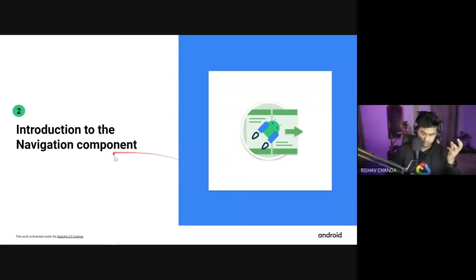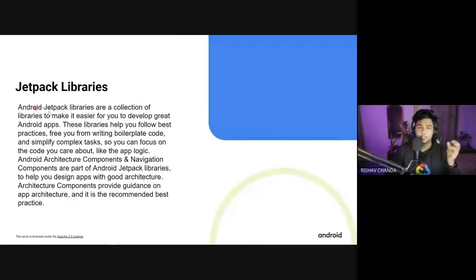So let us try to understand what the Jetpack libraries are. Jetpack is a collection of Android libraries in which there are different classes and architectural components, like navigation. These things are inside this Jetpack library. So we can simply use Jetpack libraries to implement cool things like architectural components, like view model, then this navigational component, which we will be implementing. So that is a bit about the Jetpack libraries.